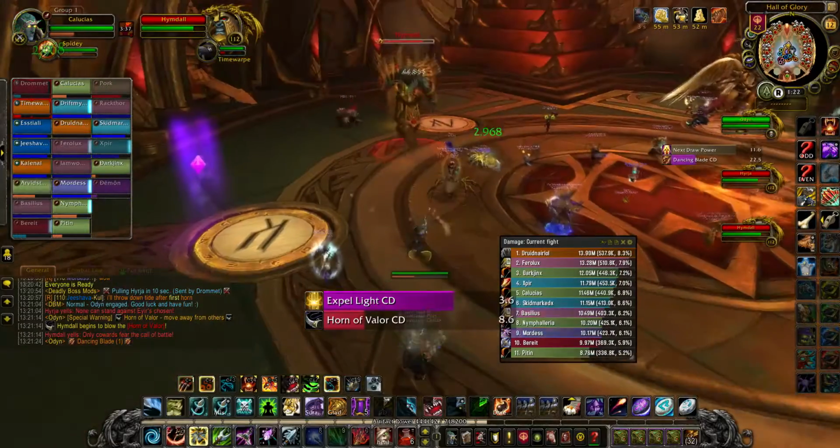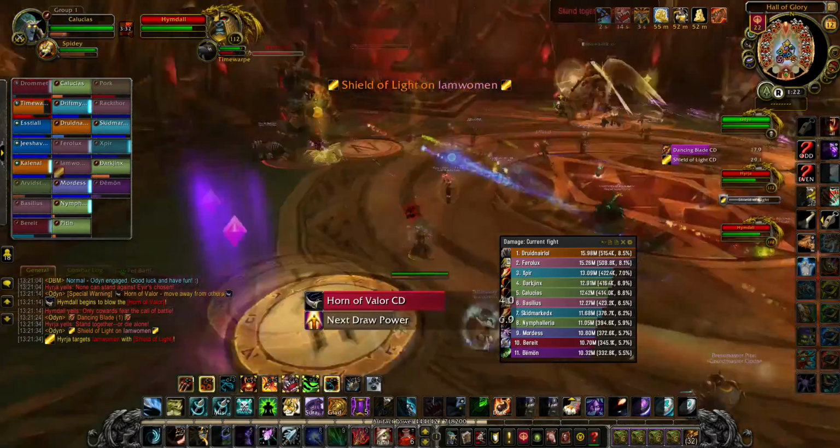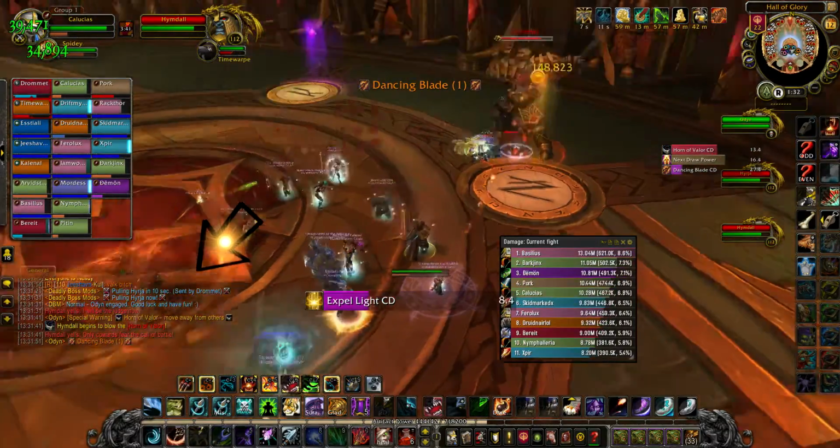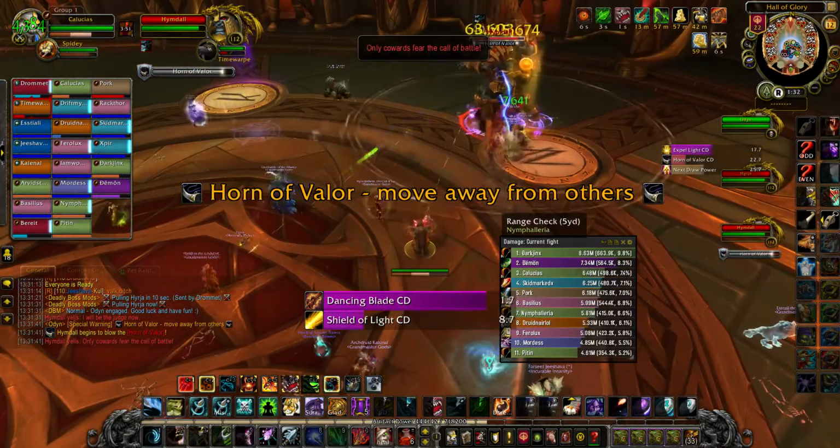Start the fight off by tanking both Heimdall and Hera on opposite sides of the room. Range attack Heimdall and melee attack Hera. Heimdall casts Dancing Blades on random players, dodge these. He also casts Horn of Valor, which anyone who might be in melee range of him, including the tank, needs